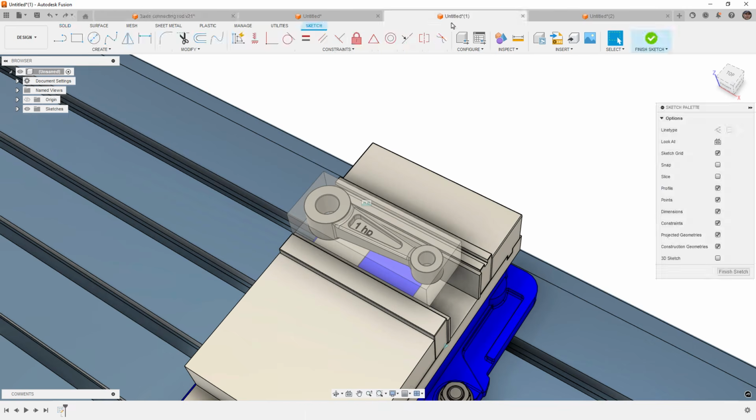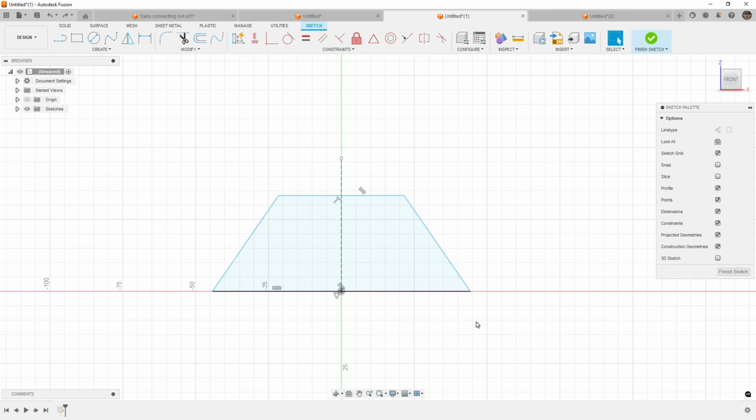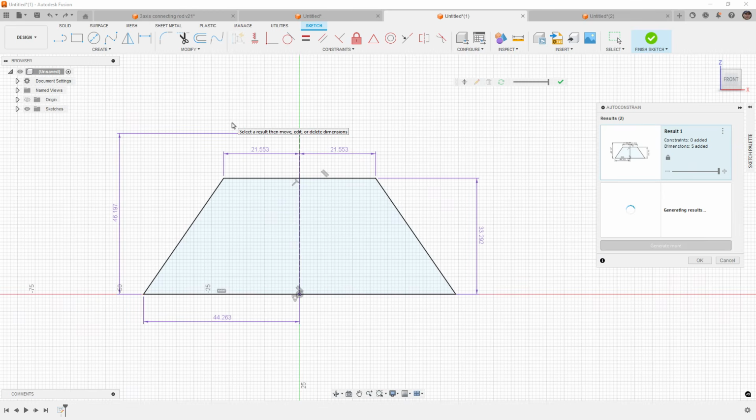The next thing I want to talk about is a tool that I've given my opinion on, and I'm just going to be honest. I think it's a wasted effort on Autodesk's part for this tool. I don't think it's very useful, but I still think we should cover it. So Auto Constraint is something that exists that in this update, it's supposed to do a better job at finding